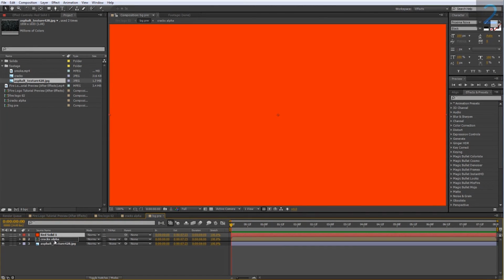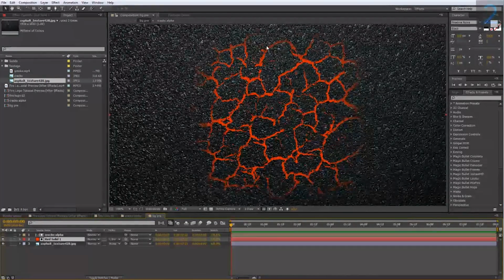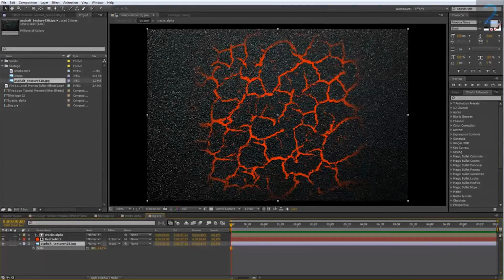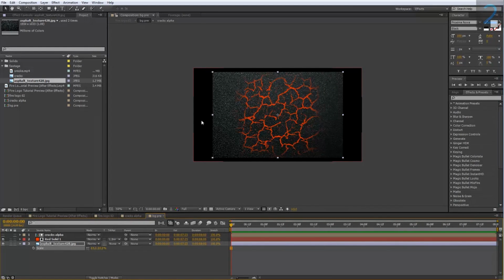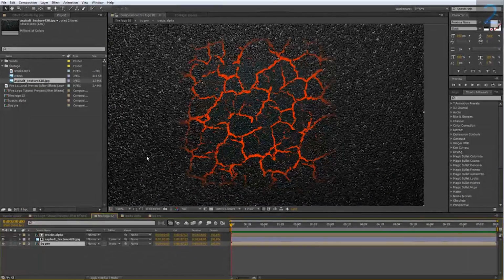And let's put this below the cracks alpha and set the track matte to be luma matte inverted this time, because we want the orange glow to show up in the dark areas here. Okay, so this is what it should look like. I'm going to scale down our asphalt. It doesn't matter if it starts to recede from the edges here, as long as it's still within the middle. And you can see that in the main comp here,